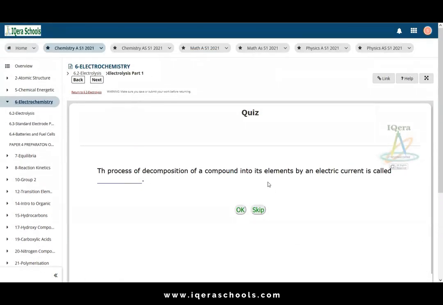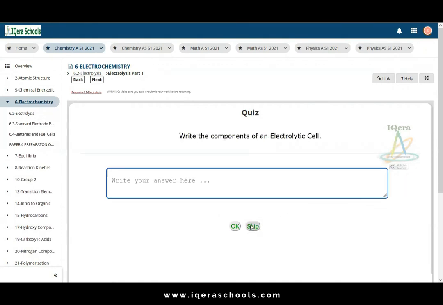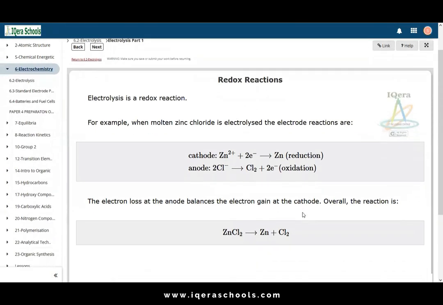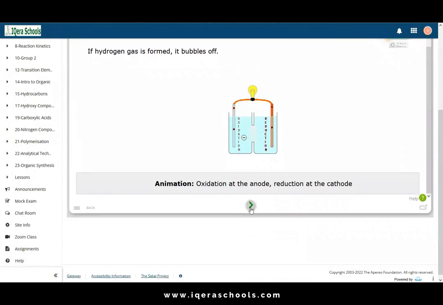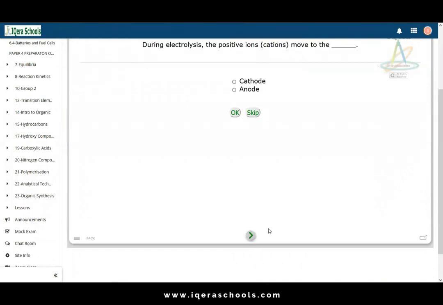And now they're getting to the formative assessment. Here I'm going to just skip through these. Please remember that the teacher is also watching on the other end, right? So they can see that the student is either skipping, if they're getting the answers correct or incorrect, and intervene accordingly. Again, now we're continuing with the lesson and a variety of topics, animations, and videos and examples to support